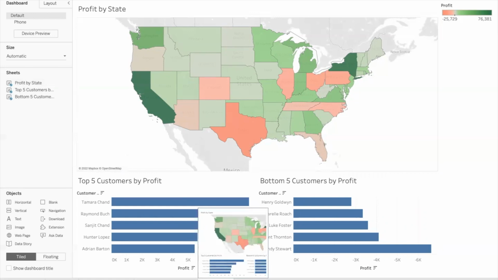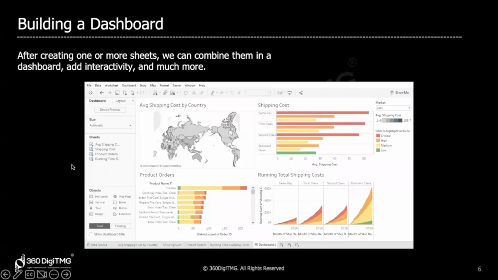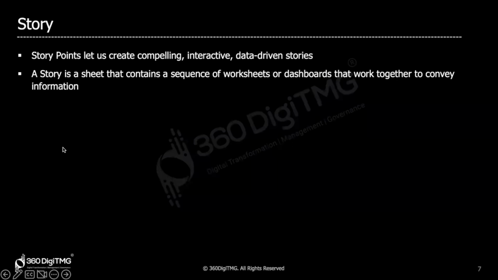Let's now quickly understand about how to create a story. Story is called as guided analytics or a narrated walkthrough. It is basically where we arrange all the worksheets as well as the dashboards that we have created in a particular sequence to convey our story, to convey the information. Okay. For instance, imagine that you